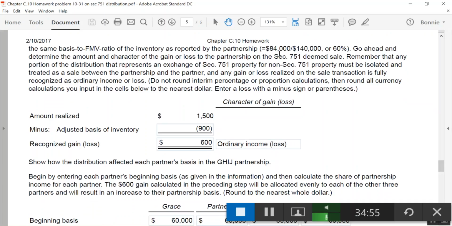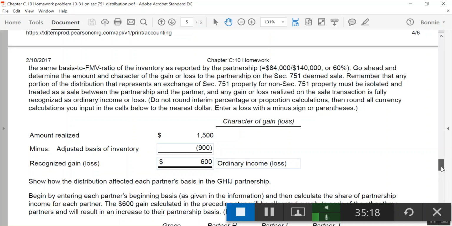the basis to fair market value of the total inventory as reported by the partnership is 84 over 140. Remember, the basis in that inventory was 84, and the fair market value is 140. So that's 60%. So 60% of that $13,000 fair market value will give us our basis of that $13,000. So all I did here was I took 60% of 13,000 and I ended up with,